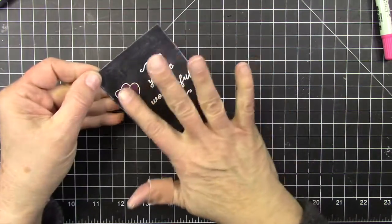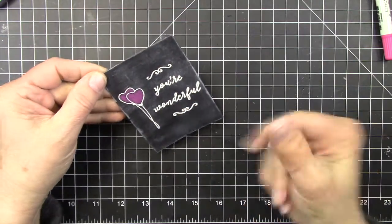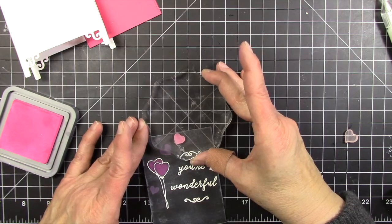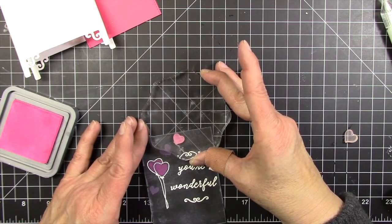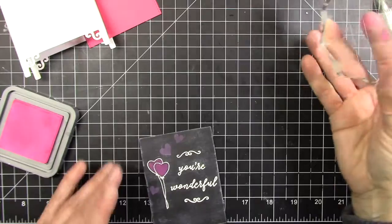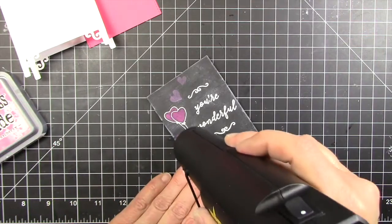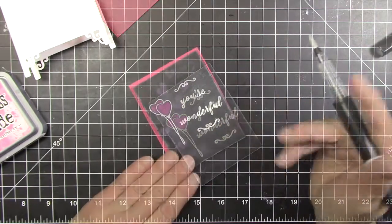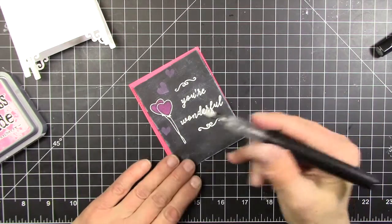Look, Mom, no mess. Well, there's ink, but that's the white ink. I thought it needed a little more something something, so I just took a solid heart and hit it with the picked raspberry Distress Oxides. And I'm going to hit that with the heat tool and use the